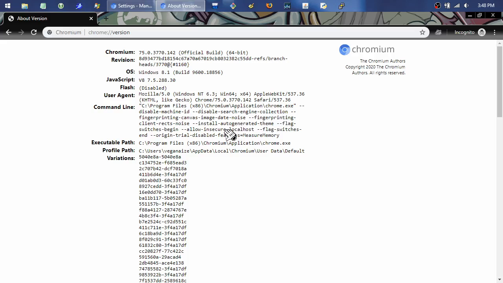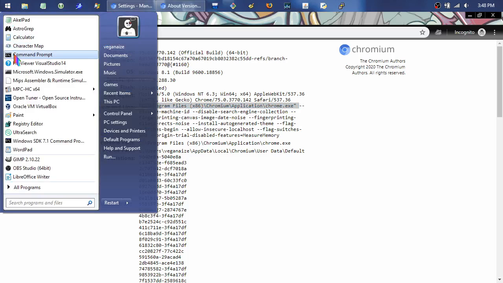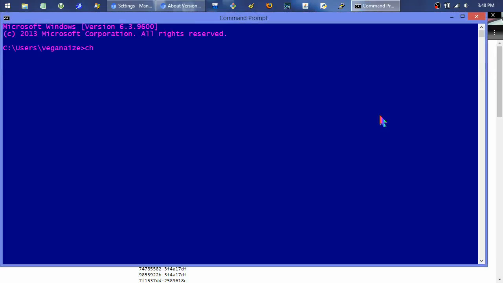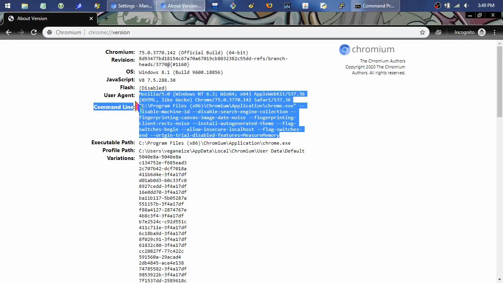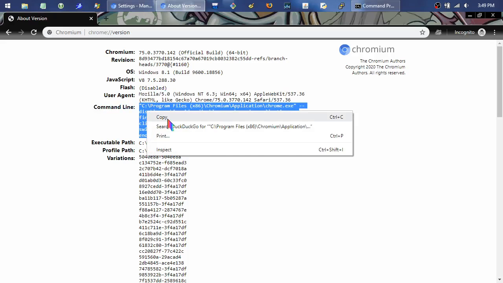So there's all sorts of stuff, but if you are savvy enough to go in and add these command line options after the program, like if you're familiar with the command line, you type a program like Chrome and then a space and then option 1, option 2, and of course, those would be like these things. So I could even just copy and paste this. Like if I paste this at the command line here,